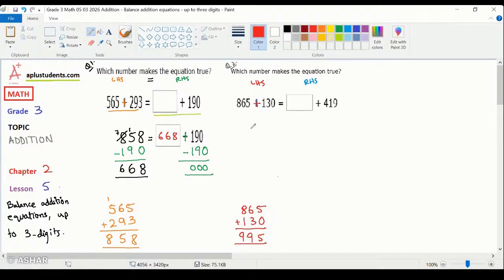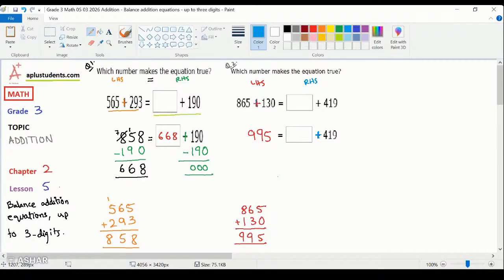So we can say 995 should be equal to these numbers. Agreed? Do we agree? What we can see on the other side is that 995 is equal to a missing number plus